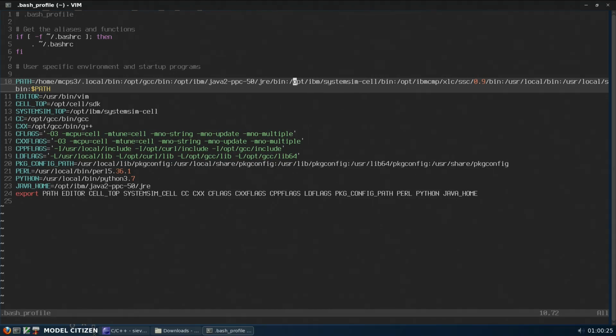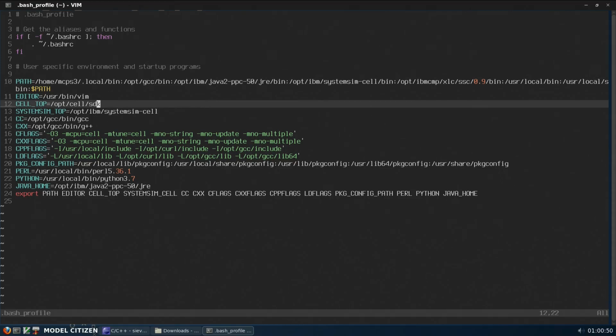So you're going to want to put this entry for this directory containing the Java program that you want to use somewhere towards the left of your path variable. So yeah, you're going to want to add that directory to your path, and then also